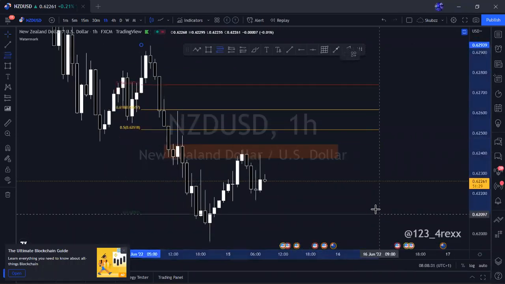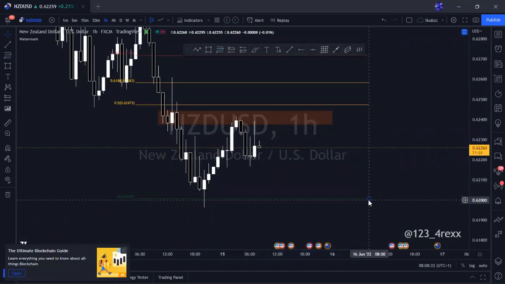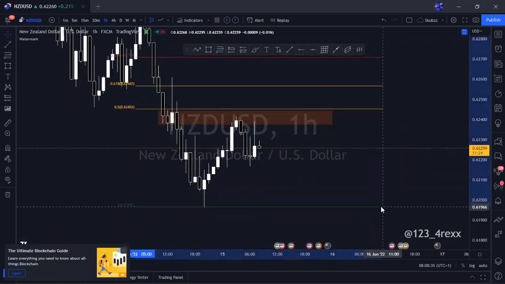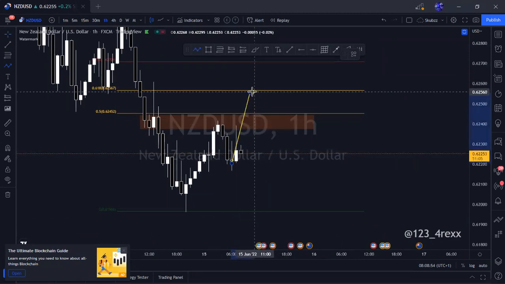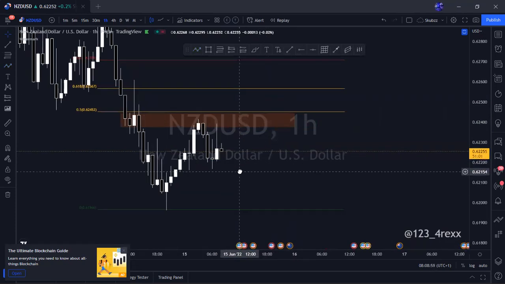AUD has not reached the golden ratio. That's too far from the golden ratio. It's not even tapped inside. Honestly, I feel this thing is going to retrace deeper, because most times when price behaves like this, it tends to retrace deeper. But at the same time, I will not like it if it goes deeper, because then that's kind of like a continuation. Then I'll be expecting that break and retest. So it depends. Let's just put our minds and see.